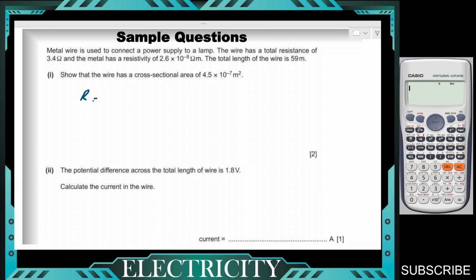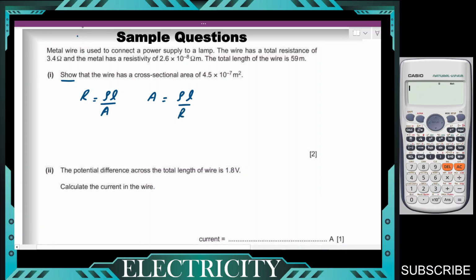So R equals rho L over A. You need to find the cross-sectional area. In a question where the command word is "show that", you have to make A the subject. The new subject has to be shown. Just keep it in your mind. Pay very focused attention to questions where the command word is show. Students think that because the answer is there for the question, it would be easy, so they forget about